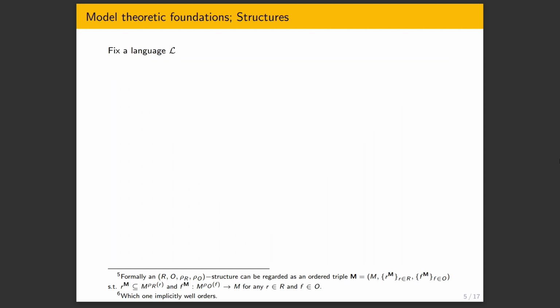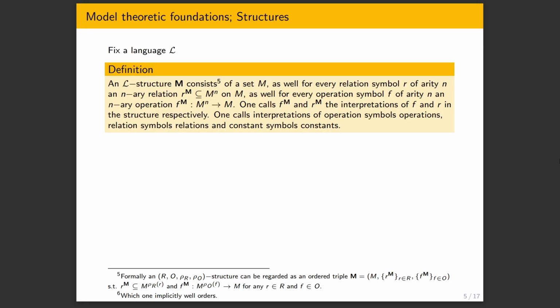All right, so now let's fix a language. And so far, this was all very hypothetical in that we just consider these terms as something that doesn't really exist. We just kind of make them up as strings. But we can also think about how we can interpret them in usual maths and set theory, which means structures. And so if you have a language, we can speak of an L structure if the language is L, and it's going to consist of a set, and for every relation symbol, a relation of the same arity, every operation symbol, an operation of the same arity.